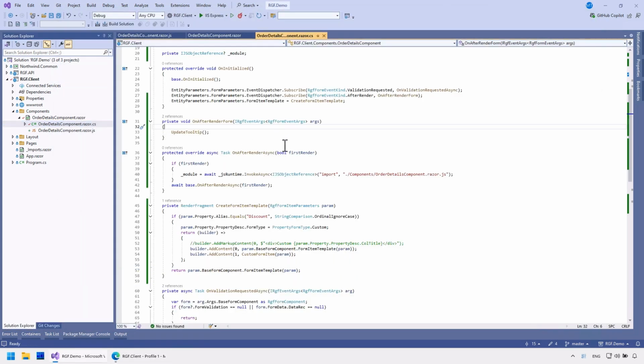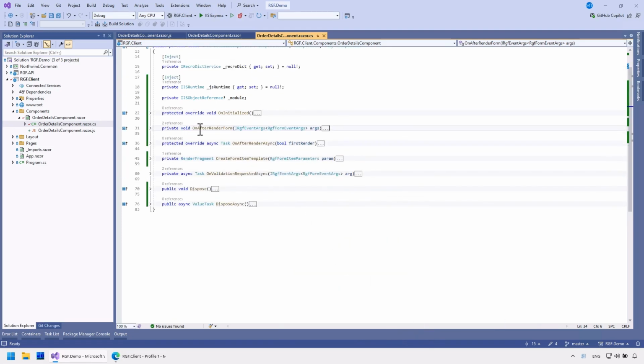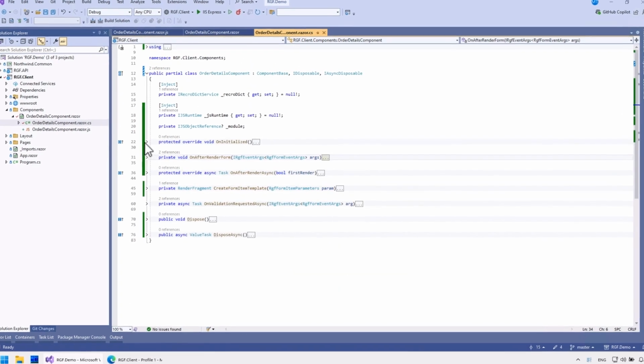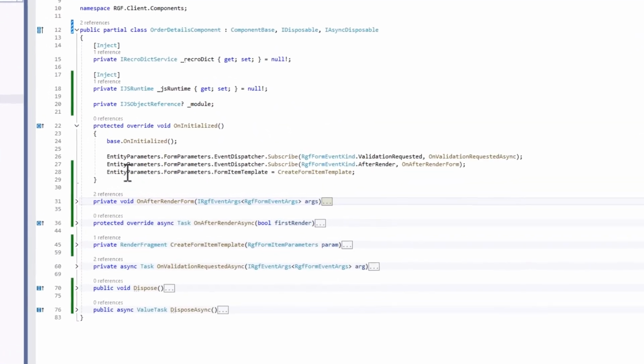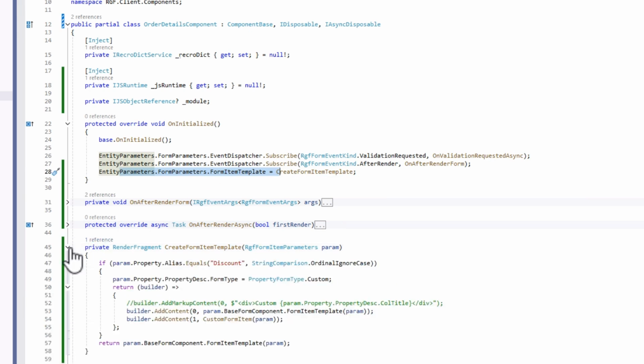This additional feature turned out to be a bit long, so let's summarize the main points in 2 sentences. To create a custom component in the form view, you need to specify the item template in the form parameters. With a similar method, you can also override the item or group layout. In the method, you receive the complete data record and all other parameters to create a custom component or simple HTML content, as demonstrated in this tutorial. And it's done.